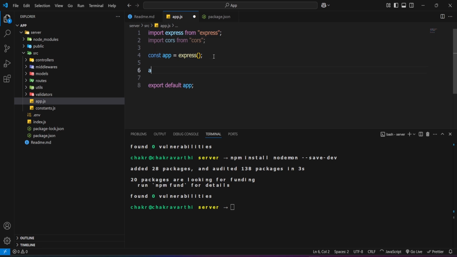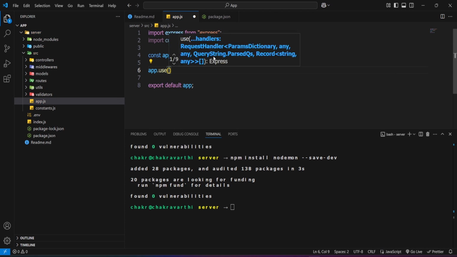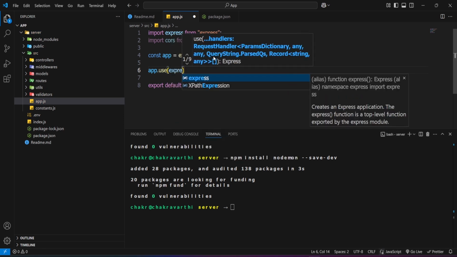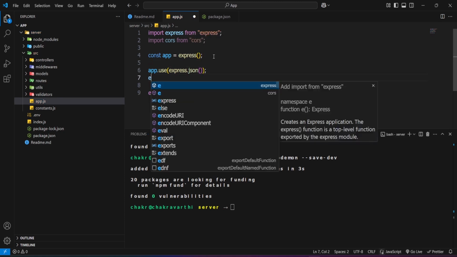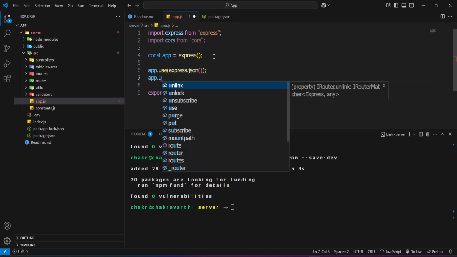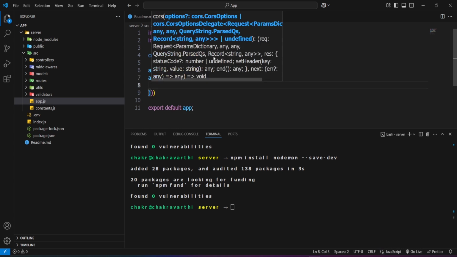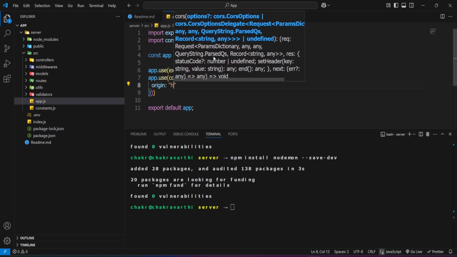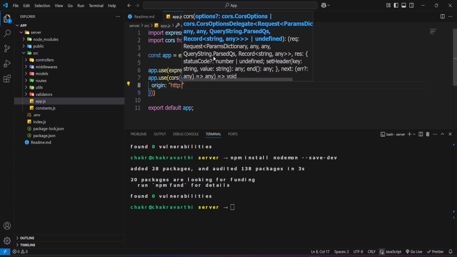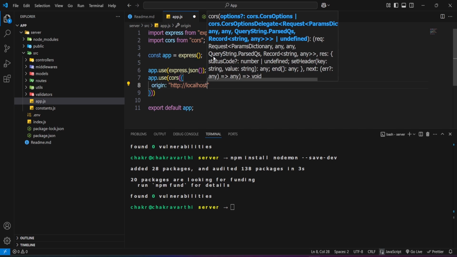In that case, you have to use app.use middleware. First, I'm going to write the first middleware as express.json, and the second middleware as app.use(cors). Inside this, I'm going to write two things. One is the origin. Here for origin, you can mention http://localhost: